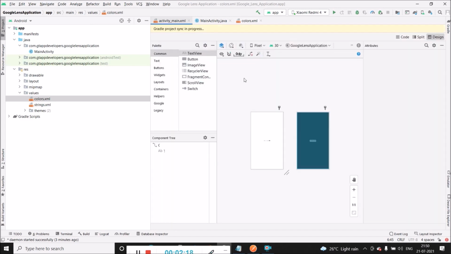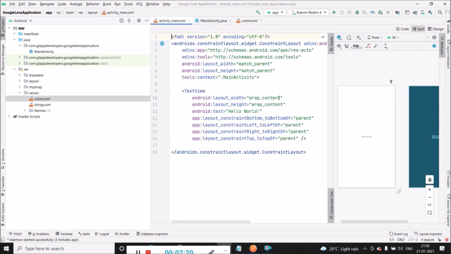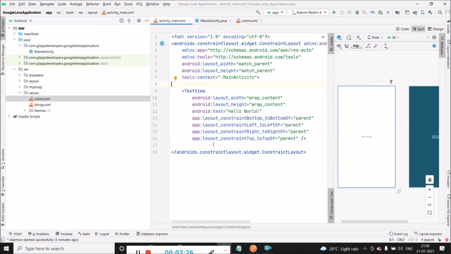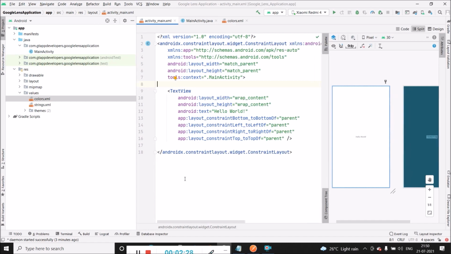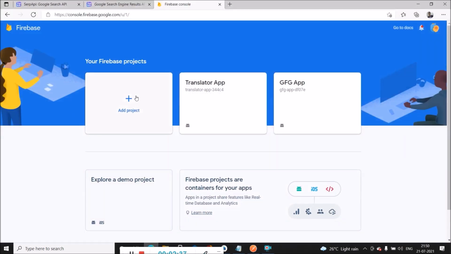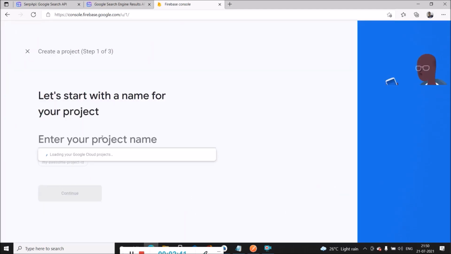Now, as we are using the Firebase image labeling service for detecting the object from the image, for that we have to connect our application to Firebase. For that we simply have to firstly go to Firebase inside our browser. Inside Firebase, when we have signed up with our account, we simply have to click on add a project, then specify the project name.